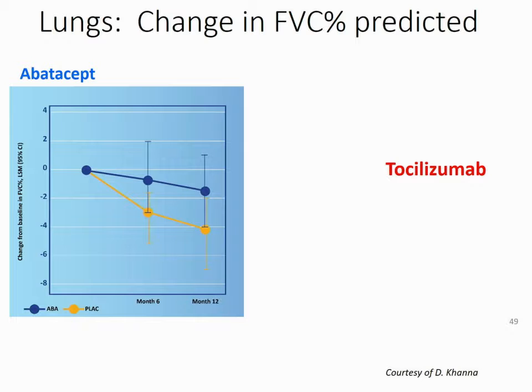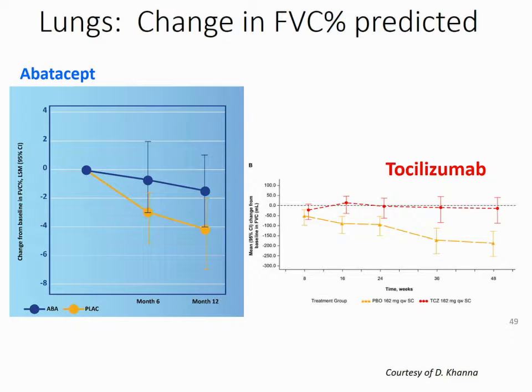The lung function maybe went down a little bit, but not a lot, whereas it kept going down in the placebo or the non-treatment arm. The same thing with the tocilizumab. You see the patients in the tocilizumab group, the function test just kind of stayed the same, so that's great. It stopped the disease progression in the lungs, whereas it kept going on with the placebo, so the function was